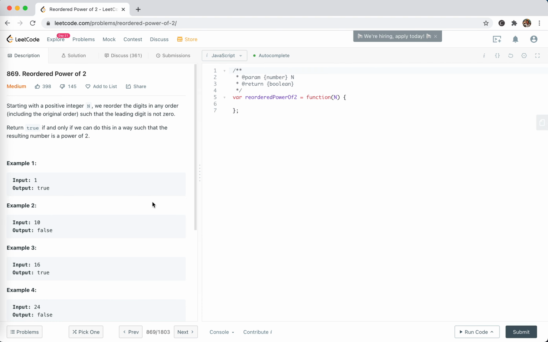This is JSer. In this video, I'm going to solve number 869 Reordered Power of 2 from LeetCode. Let's take a look. Starting with the positive integer n, we reorder the digits in any order, including the original order. So it's actually technically all the permutations, right? Such that the leading digit is not 0. Return true if and only if we could do this in a way such that the result number is